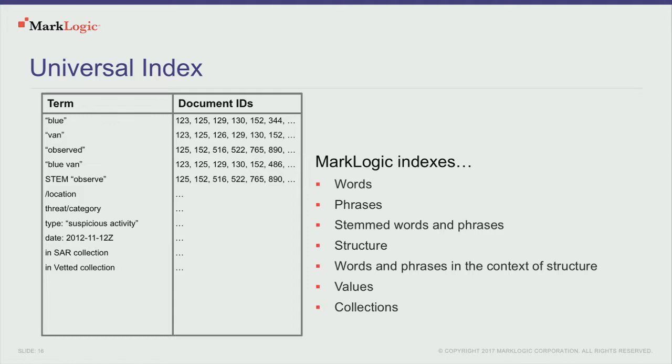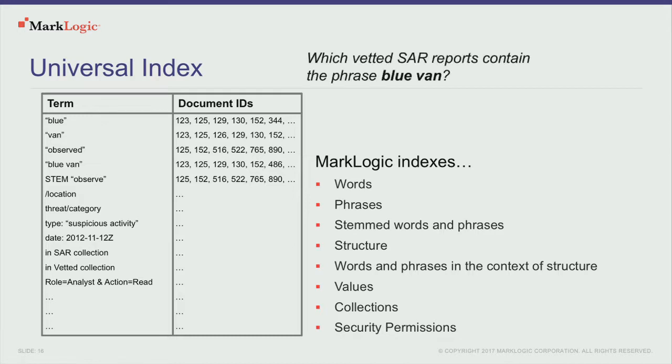And then we can also allow you to organize documents in collections. So think of collections as tags, a many-to-many relationship between documents and labels. So again, all of these are in this same index. So it's very efficient, and it's done the same way. And then finally, I'll talk a little bit more about this. We index the security permissions on documents in this index as well. And that's very important because this is always appended to every single query. Every single document access in MarkLogic, the database will automatically append the permissions that you have based on the role that you're using to query. So all of these are in this universal index. You can see why we call it universal, because it's really all aspects of those documents.